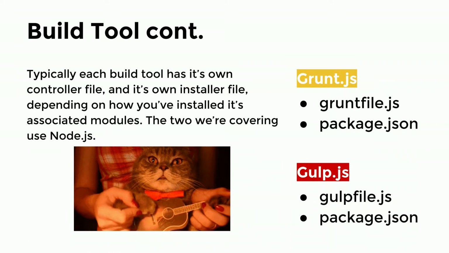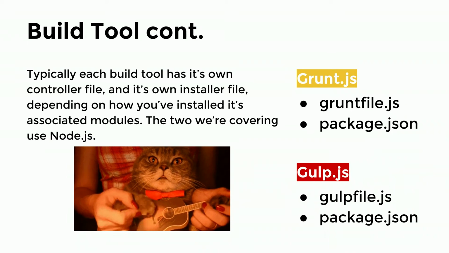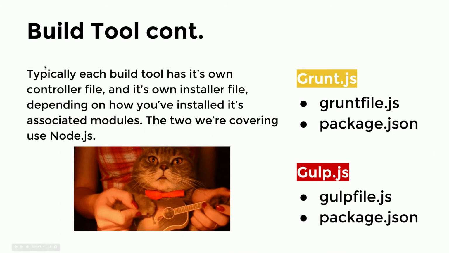Again, cool. So continued, they're really simple and they're basically the same. They look and behave super similarly initially. Grunt and Gulp, there's just a Gulp file which runs the entire process. If you want Sass or whatever to compile CSS, your Grunt file, your Gulp file is where that logic is contained, and your package.json is simply kind of like an installer. So when someone grabs my theme, the package JSON tells them what version of Gulp or Grunt was being used, what packages are being saved, what modules are being used, and all that kind of good stuff. So up front, they're very similar.